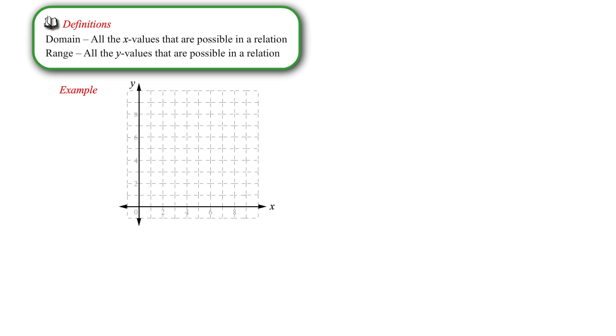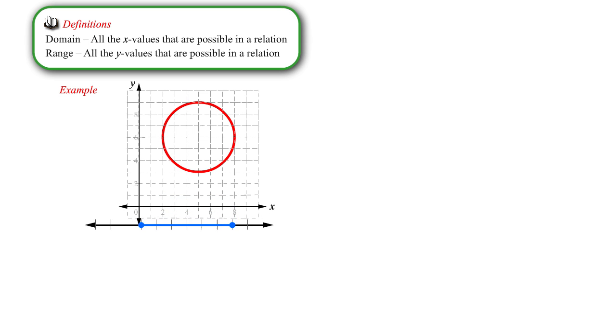Consider the following relation that is a circle up in quadrant 1. What is the domain and range of this circle? This is really two questions, so let's focus on one at a time. First, what is the domain of this function? Domain is all of the x values that are possible, so if we take this relation and squish it down to the x-axis, then we have a better idea of what is happening.